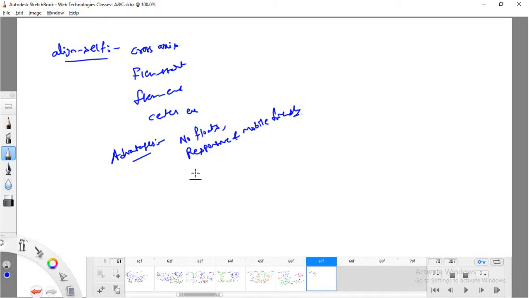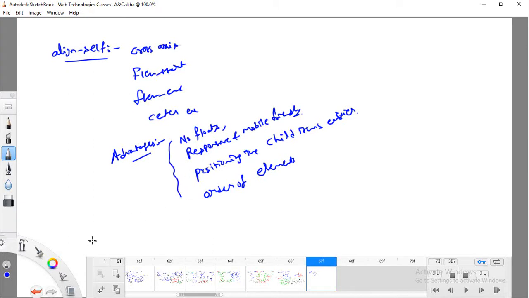Positioning the child items is much easier. And also we can arrange the order of elements however we want. These are some of the advantages of flex box.